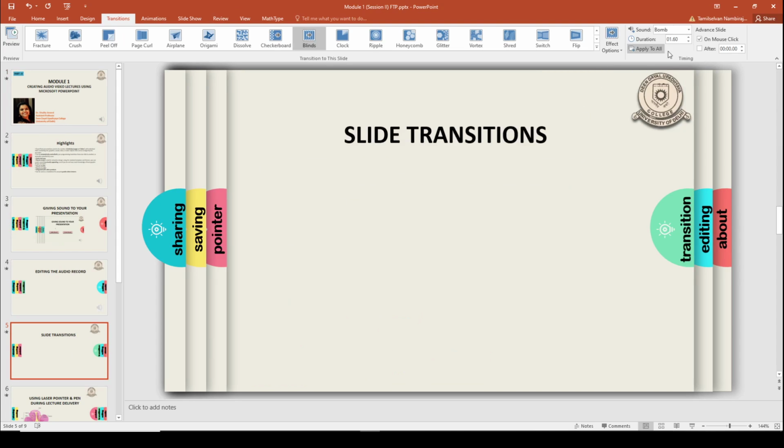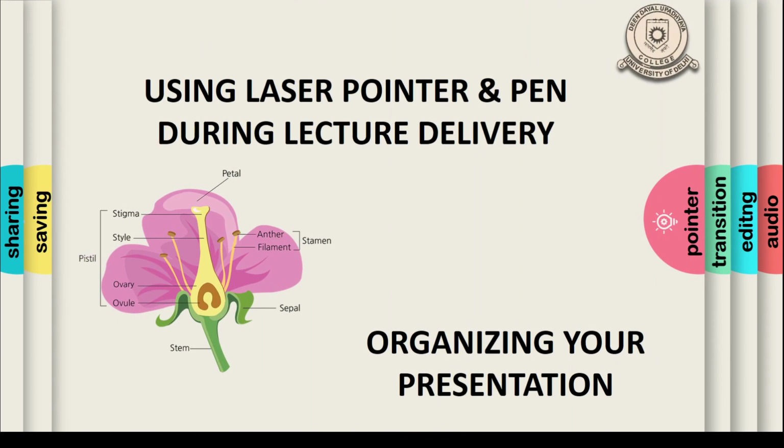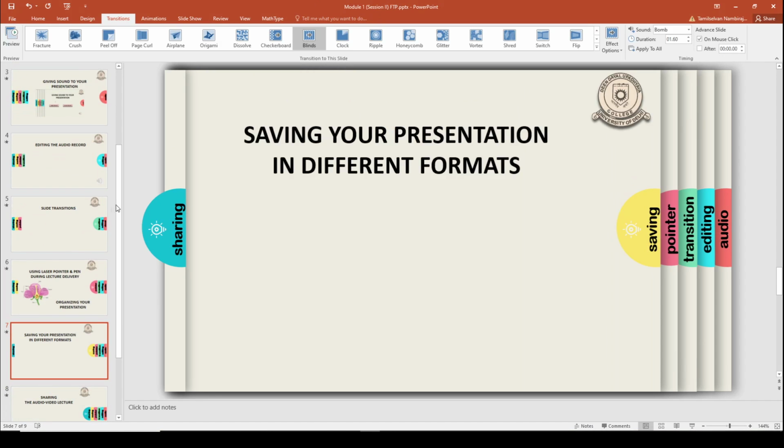Now after this, you have an option of advance slide. It means that when you switch from one slide to the next slide, whether you want to do so on a click of the mouse or you want to automatically schedule it. By default, PowerPoint saves it on the click of the mouse. So every time you click on the slide, it moves to the next slide. For example, if I go to slideshow mode, this is my slide. I'll have to click and only then it moves to the next slide. I again click and then it moves to the next slide. So this is how you can do it.